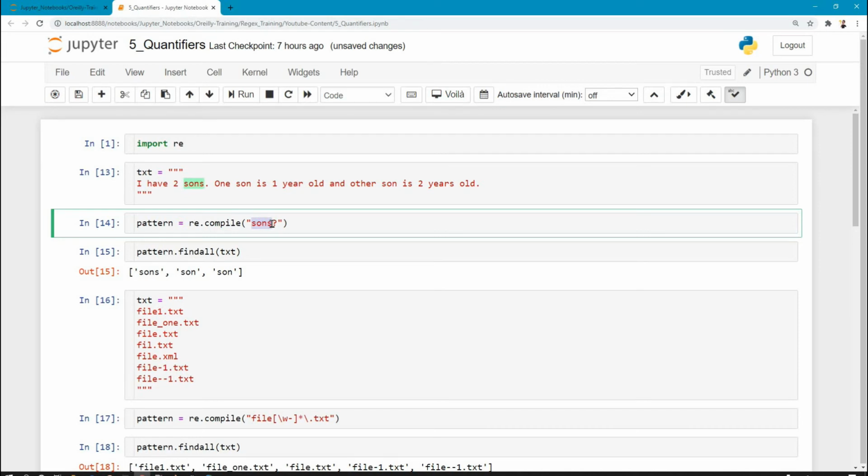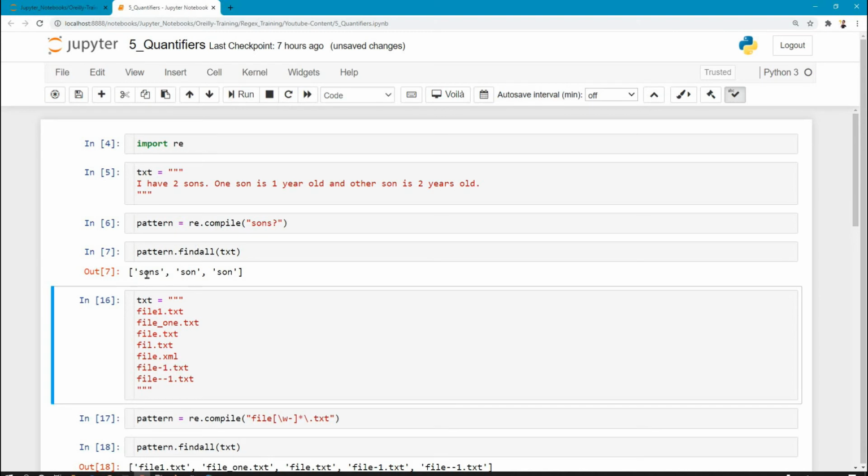After this last s, I have specified a question mark as the quantifier, and then when I run this and use findall, this is the result, which returns that son along with s was found, and son wherever it was not ending with s was also found.